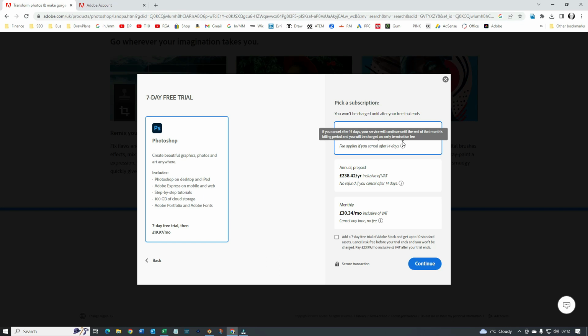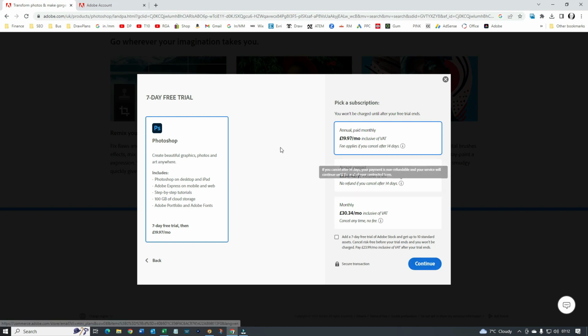So you will be charged an early termination fee. Yes, what does that mean? Well, what they're saying is if you click on here, you're signing up for a subscription for a year, 1 year. That's what you're signing up for. And I think that's sharp practice. And as such, I've made a complaint to what we call UK Trading Standards on the way they've set this up, because you're being lured in on a free trial, thinking